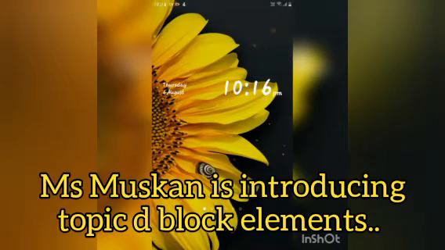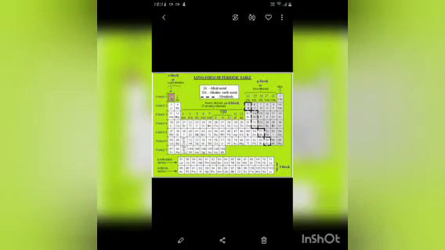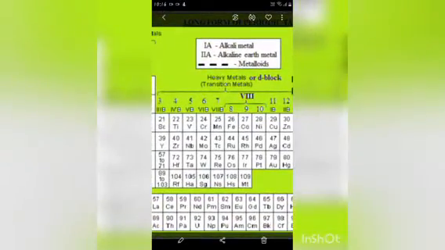One and all. As we know, nowadays we are doing Unit 8, that is D and F block elements. So let's start. As we know, the periodic table consists of 4 blocks: S block, P block, D block and F block. S block mainly consists of light metals and P block consists of non-metals, whereas D block consists of transitional elements or metals. So, the general configuration of D block is